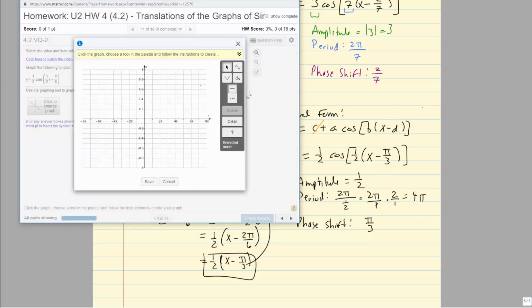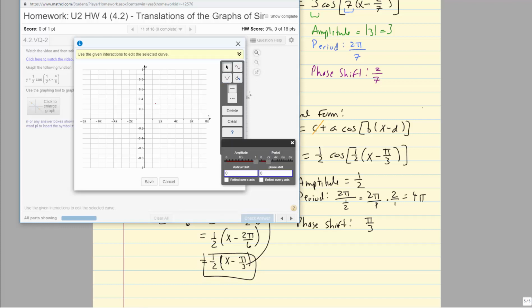Okay, so this is the same problem that we have in MyMathLab. And when you graph these in MyMathLab, the first thing you need to do is choose the sine or the cosine curve. So this tool is the sine curve because it starts at the origin and it has the sine shape. This has the bird shape for cosine. So I click in and click on the graph, and here's the amplitude, period, this pop-up box. So I change the amplitude to a half, just like I have here. The period should be 4 pi,